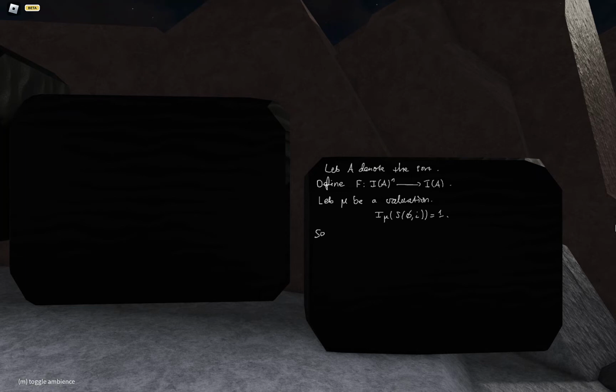And so this means that, I won't use full quantifier, that for all tuples of elements inside I of A to the n, there exists E in I of A such that I, with the adapted valuation of